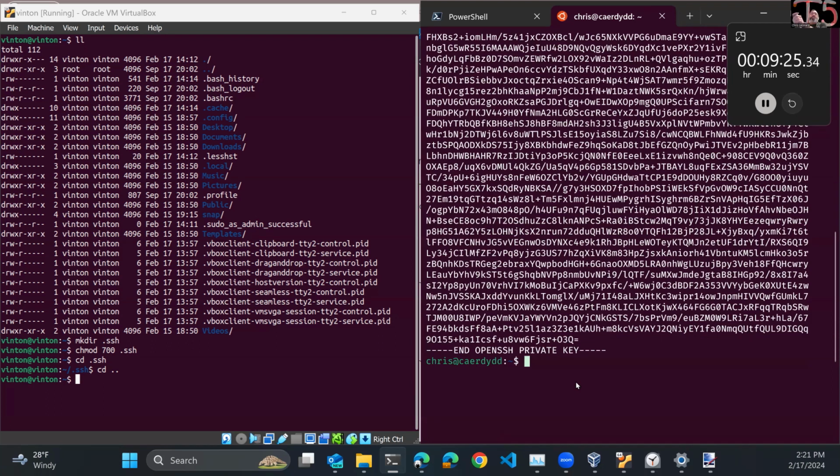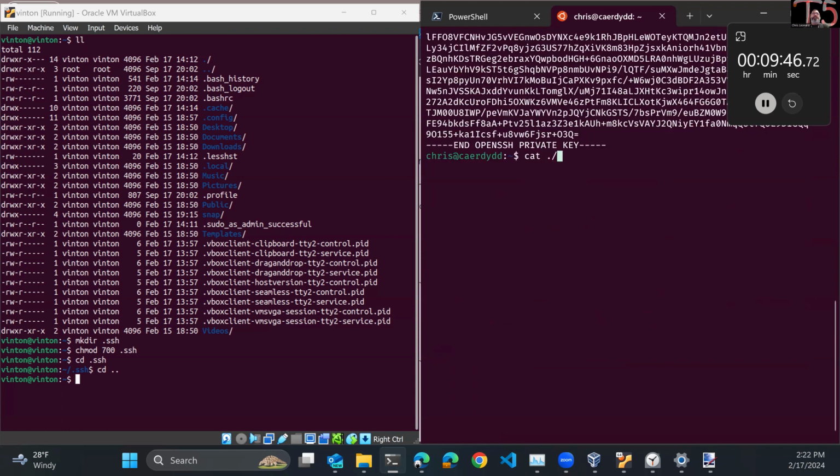In my case, I'm using WSL, Windows Subsystem for Linux, as my client. And this one has a sneaky, awesome way to get that public key copied someplace else. It won't work on vSphere. We've been talking about that, we're having trouble pasting into that. But since I can display this public key,